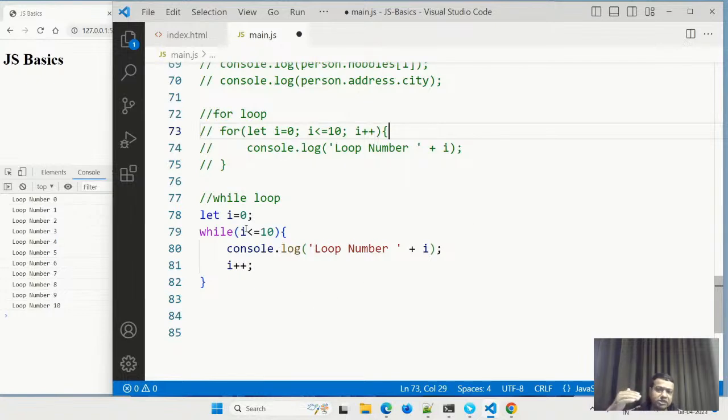So i equal to 0, 0 is less than or equal to 10. It will print 0, then i plus plus, i equal to i plus 1, 2, 3, 4, 5, 6, 7, 8, 9, 10. It will do these things like this. But a while loop nobody uses, although you can use it if you want, but no coder will touch the while loop for a reason, because this is a simple program which has only one line of code.